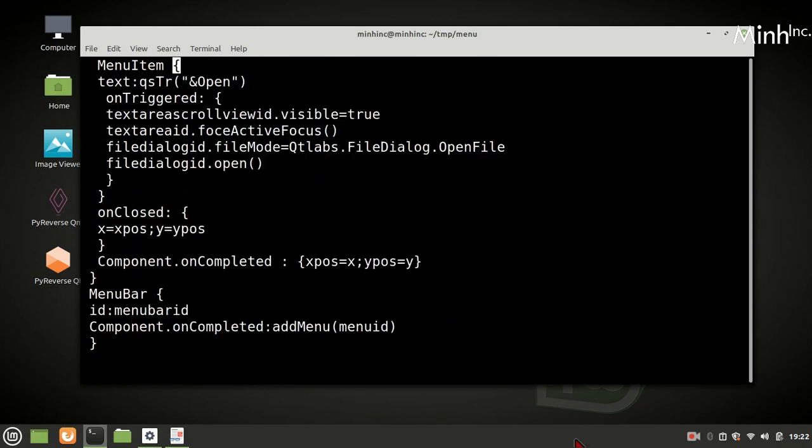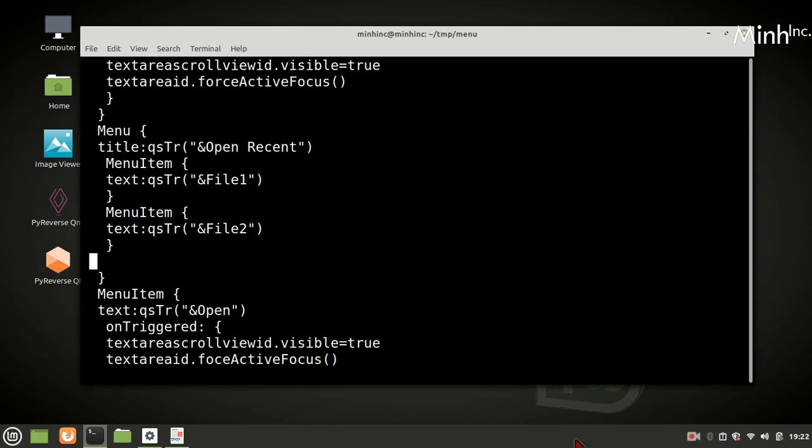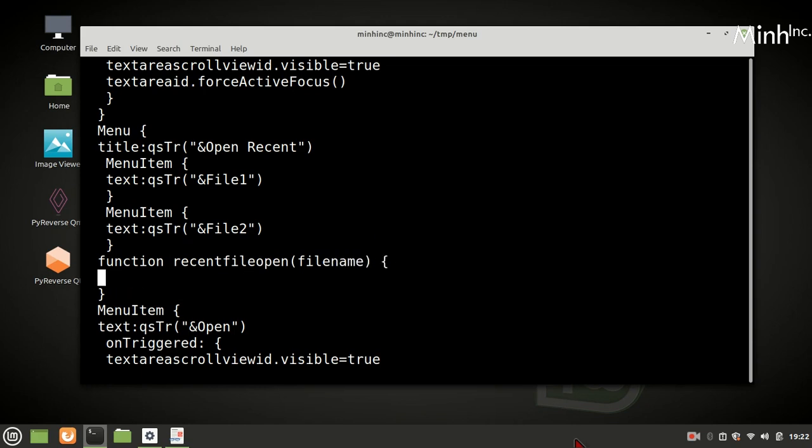So we will place in menu a function. So menu is up to here. Function recent file open, file name, and here once it triggers, then we have to call opening the file here.